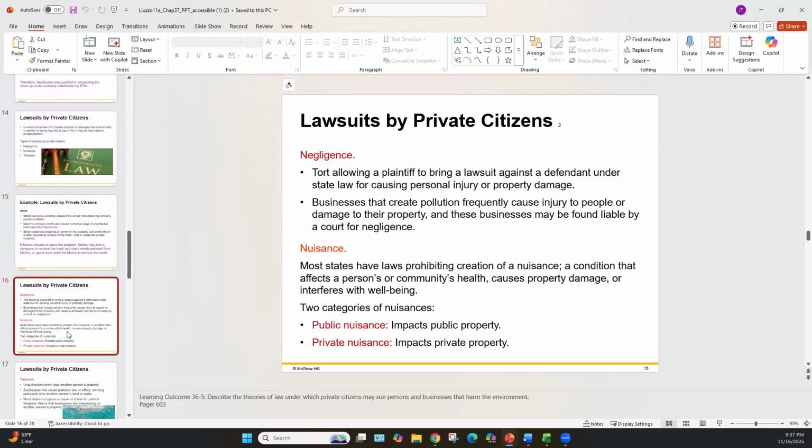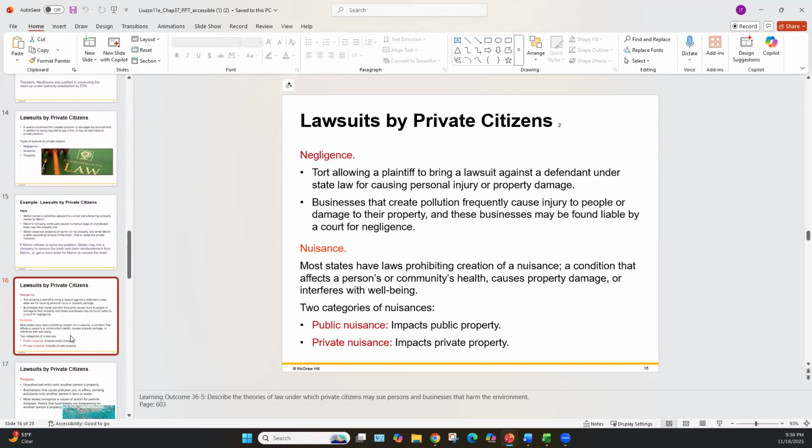All right, lawsuits by private citizens, and this happens a lot, folks. Think about Flint, Michigan, with the water that they were drinking several years ago. I can still remember Barack Obama, when he was president, he went to Flint, Michigan to say, "Hey, this water is clean," and he had a glass of it, and the sip that he took did not look like he really wanted to guzzle that water, but he kind of just sipped it. But anyway, it's kind of a funny anecdote there.